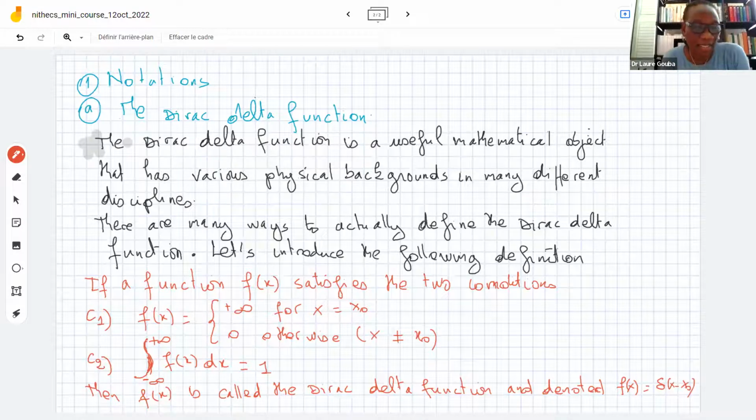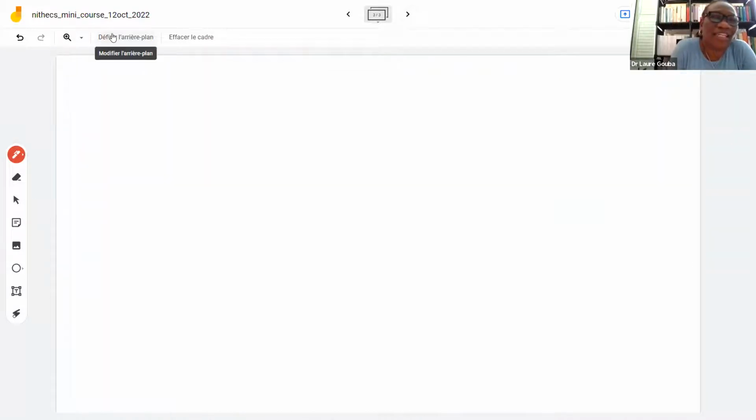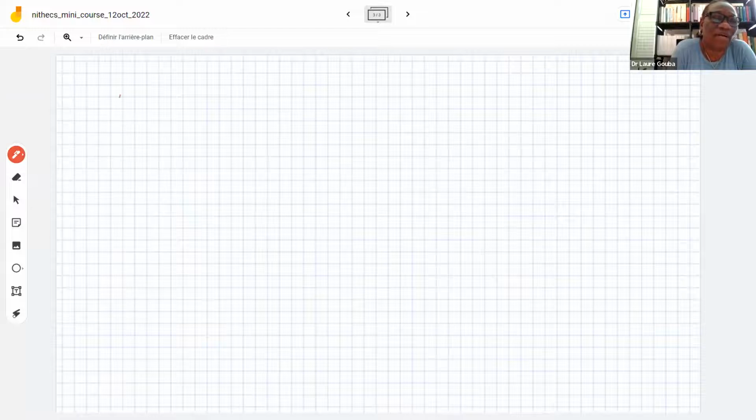So this is, among various kinds of definitions of a delta function, what we can have as a definition. And I will not be discussing too much about that because it's not the main issue here, but I just give a definition. If you want to know more about the delta function, you can check, for example, the reference book or the literature. Okay. So it's called the Dirac delta function, but most of the time you can just hear